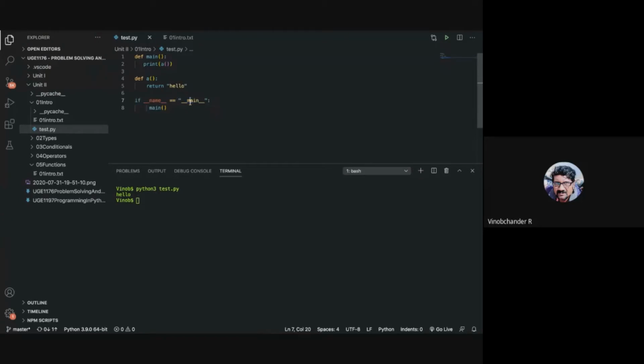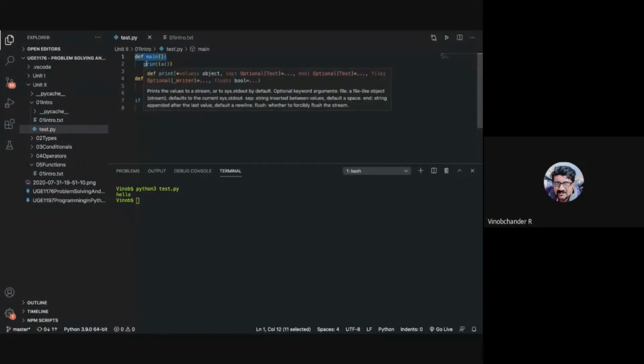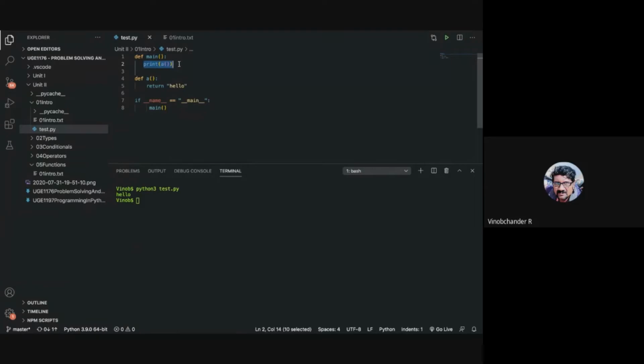If you have this particular check, and once you enter main, the entire definition will be stored in memory beforehand. What memory, sir? Exactly. This particular definition will be stored in memory. So let us do a trace. See, for example, this condition is true, and you are calling main, and main is already defined in advance. So what essentially will happen is the state of this entire thing is saved in memory, hence this will get executed.